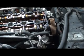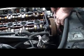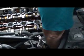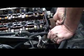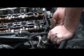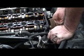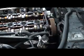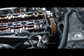Alright, what I'm doing now is I took the belt off. I got the nut loose on the cam pulley. I'm going to take the cam pulley off and see what is up with this thing. Maybe they used the wrong marks. I don't know. Now we've got to find